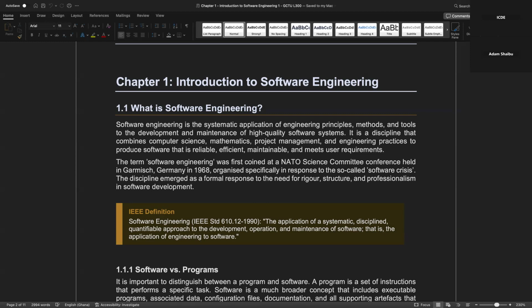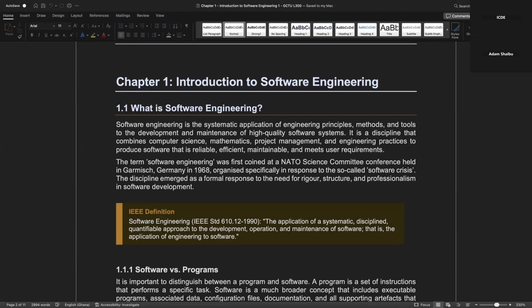professionalism in software development. So you could see that when you have chaos in a society, at one tipping point, members need to meet to discuss to ensure uniformity, conformity, and standardization on how things are being run in the community. So as a result, we have another organization called IEEE, that stands for Institute of Electrical and Electronic Engineering. So they came out with this